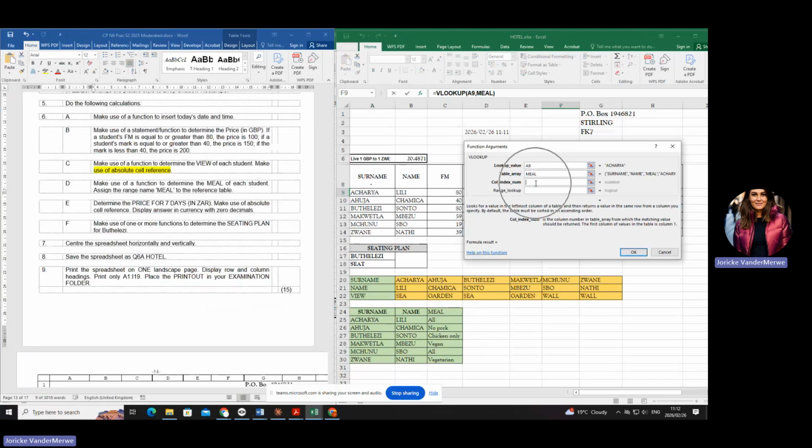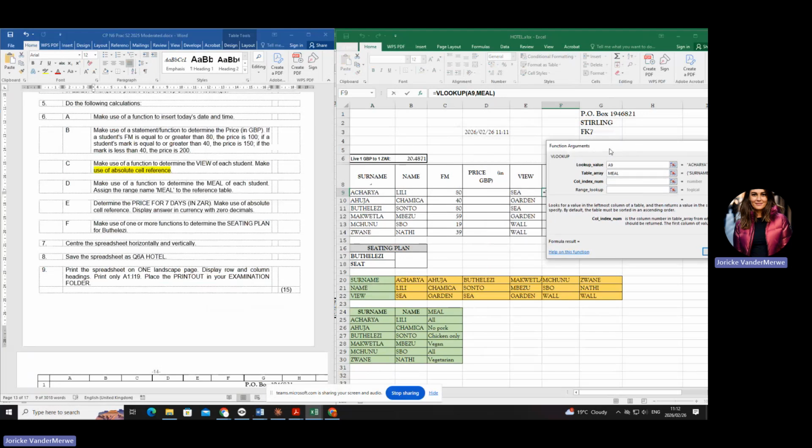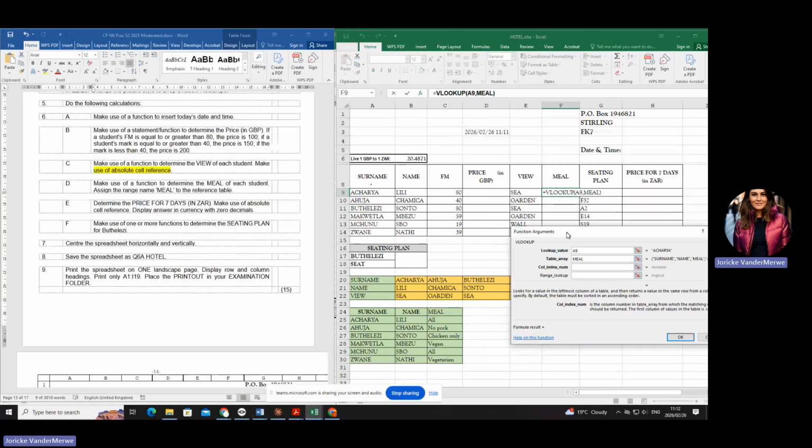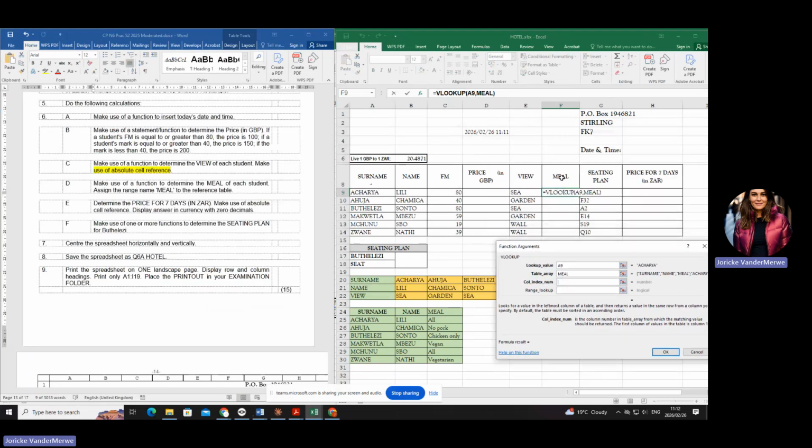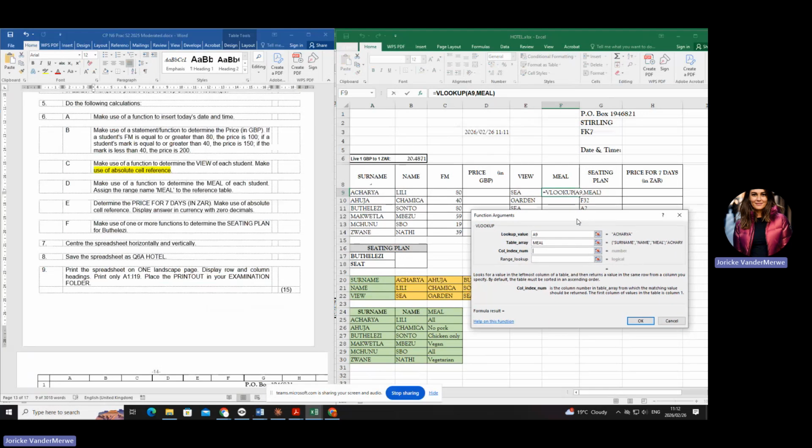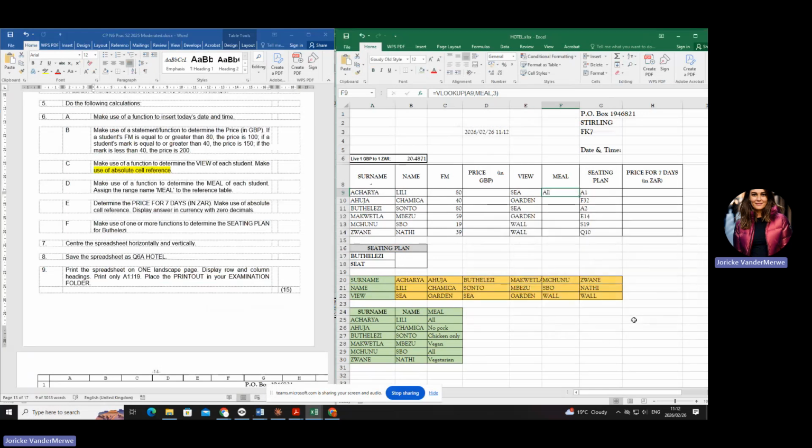The third one here is to say where in the column of the tables does my answer display? What is my answer? My answer is going to be meal. Where is my answer being displayed? Is it in column 1, 2, or 3? Column 3. So I'm going to press 3 and I'm going to say okay, and Bob's my uncle. Are you with me? Okay.